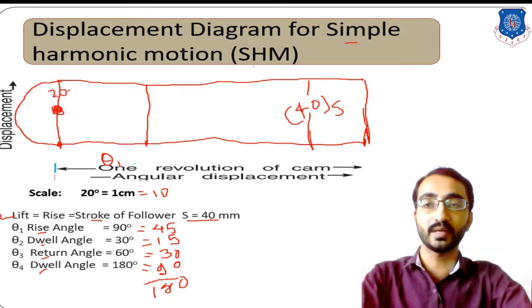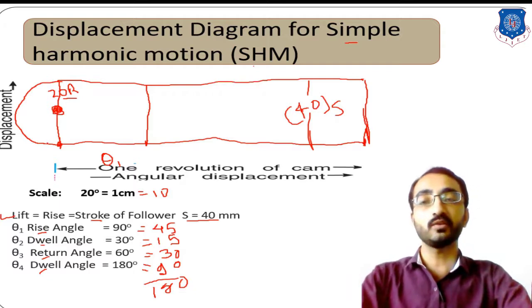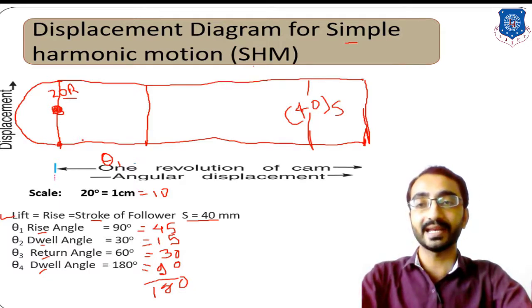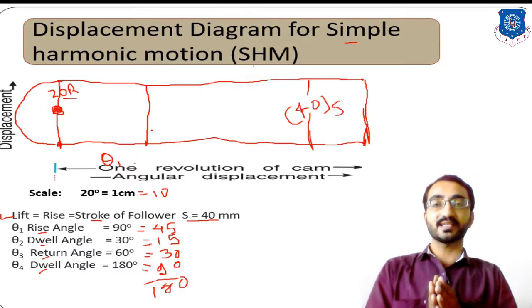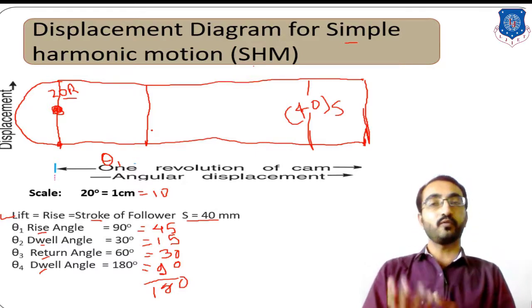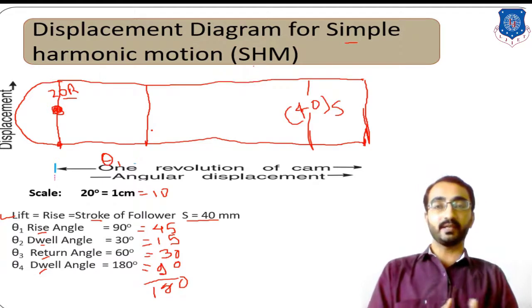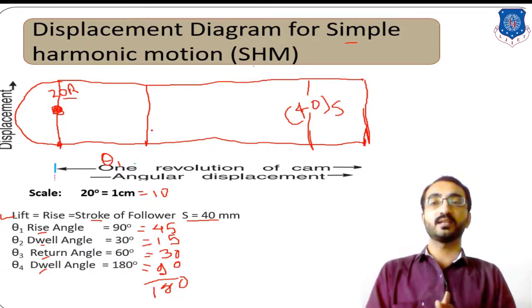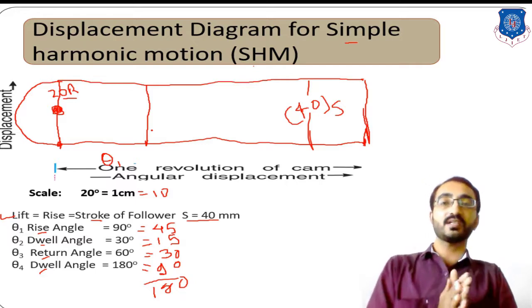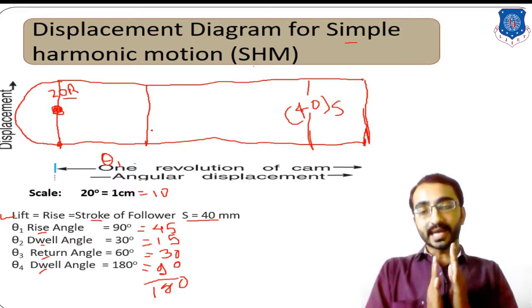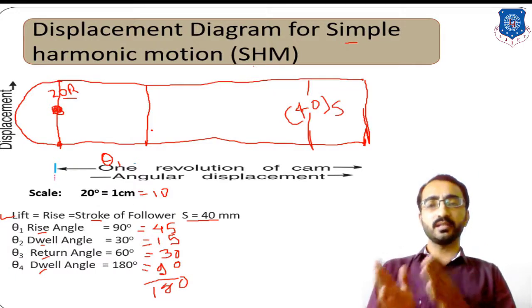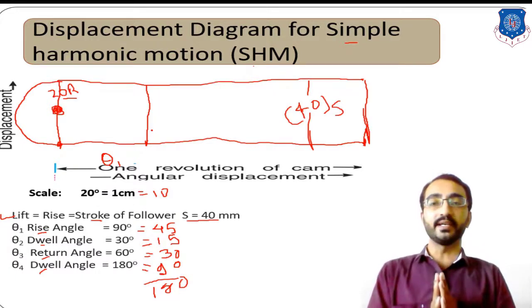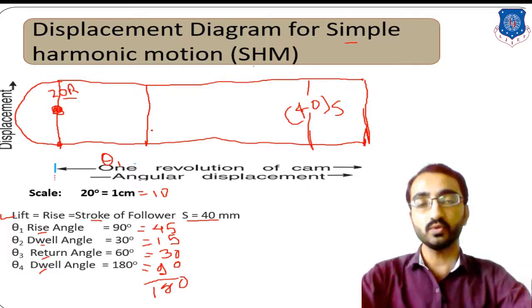Now we need to divide this 20 mm radius semicircle into 6 equal intervals, as well as this rectangle into 6 equal intervals. Why are we dividing into 6? It is possible to divide into 4 equal intervals, or 8, or any number of equal intervals, because this number of divisions will help us sketch a smooth cam profile. Ideally it is preferred to divide into 6 equal intervals, so here we divide into 6 equal intervals.